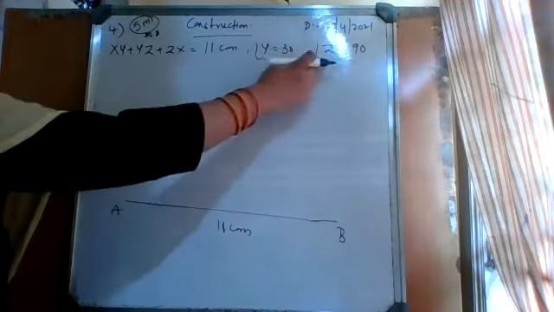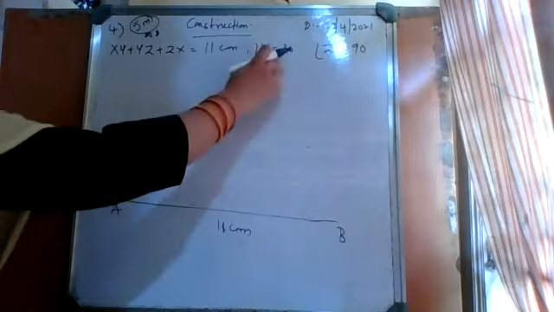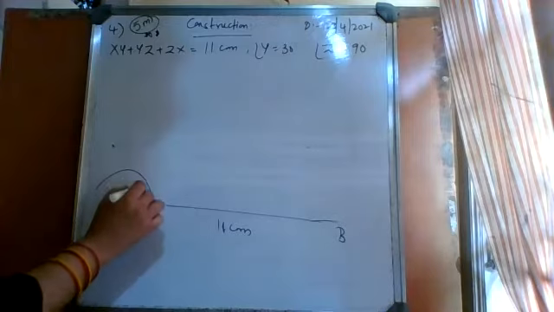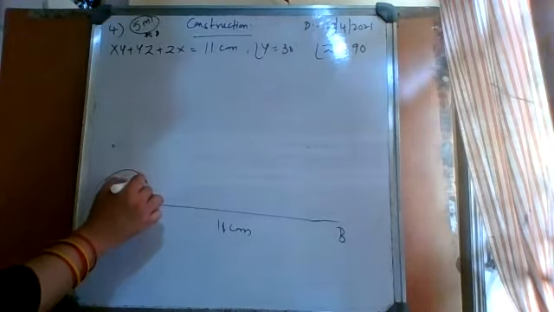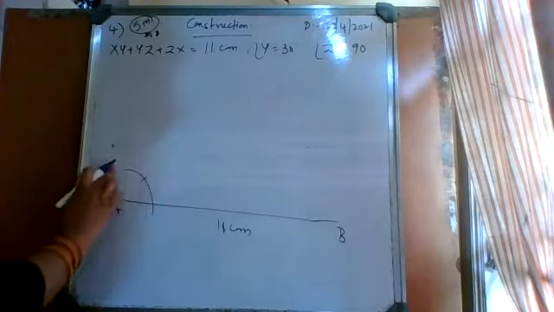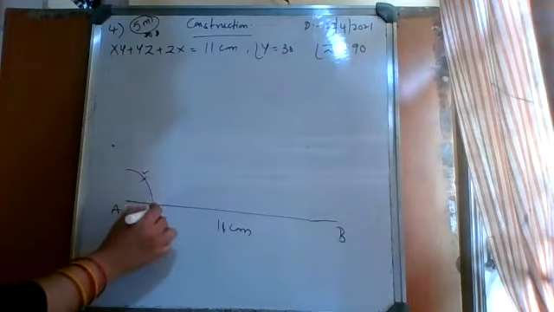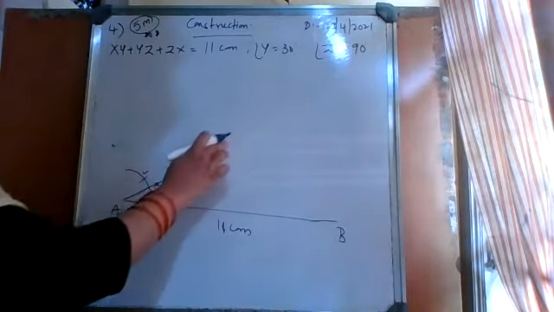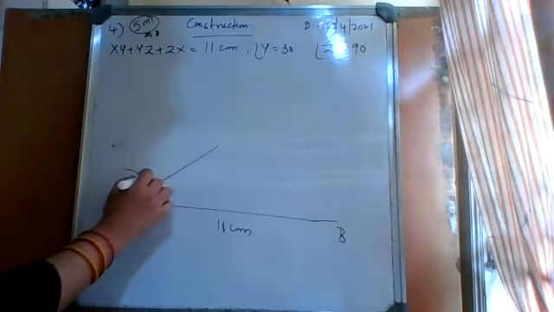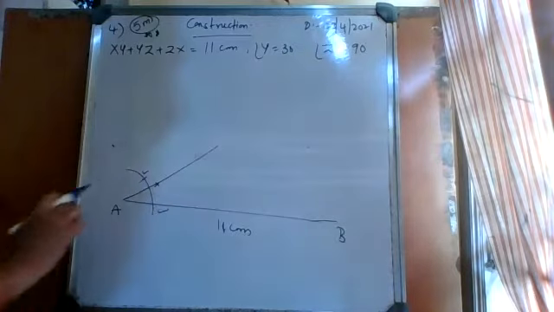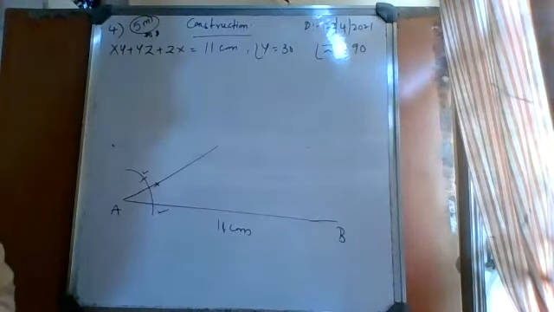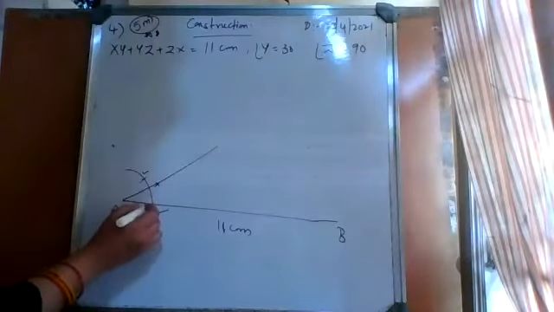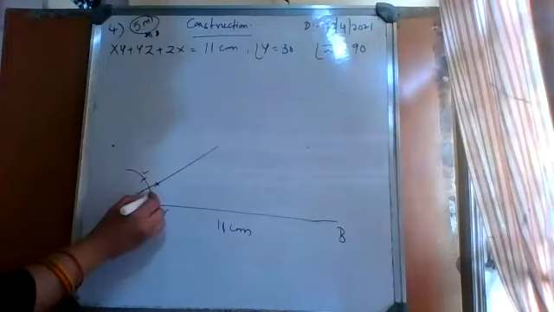Now, either this side or this side, we are going to draw 30 and 90 degrees with the help of a compass. Take a compass, cut an arc. The first arc will give you 60 degrees. From here and here, you cut an arc. This will give you 60 degrees. Half of 60 is 30. After drawing, from here and here, you'll get 30 degrees.